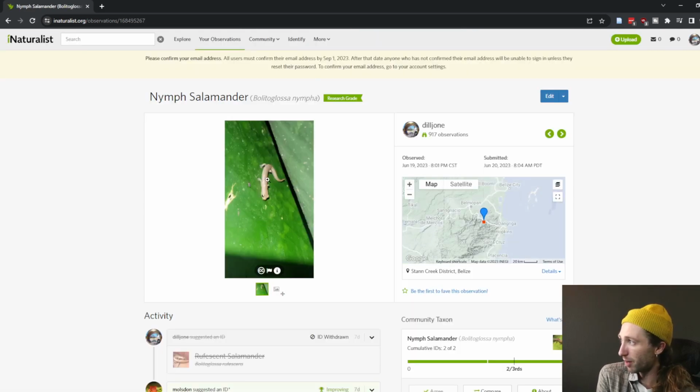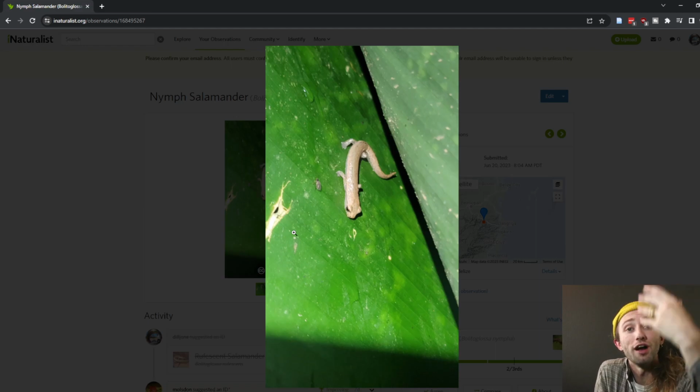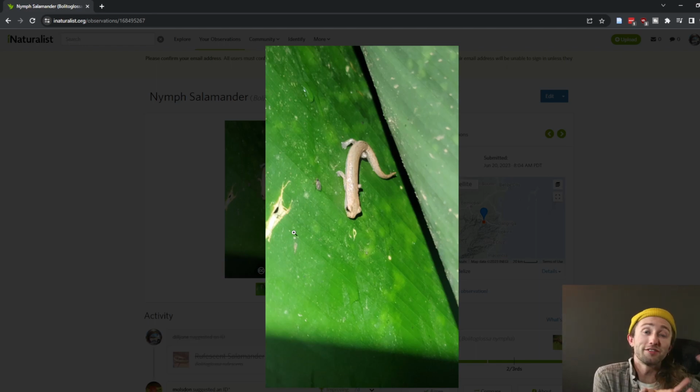I don't have it uploaded, but I have it on video rubbing its nasolabial grooves along the leaf. What's cool about that is those are chemosensory organs on the front of their snout, and they actually use it to, well, sense chemical cues. Salamanders in this family are lungless. They don't have lungs, so it's a lot harder to inhale without lungs. So they actually have to rub it on surfaces to pick up chemicals, pheromones, and really anything else to sense